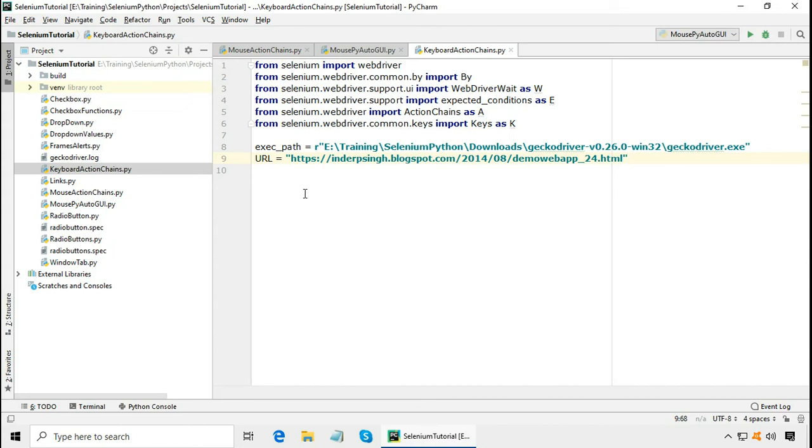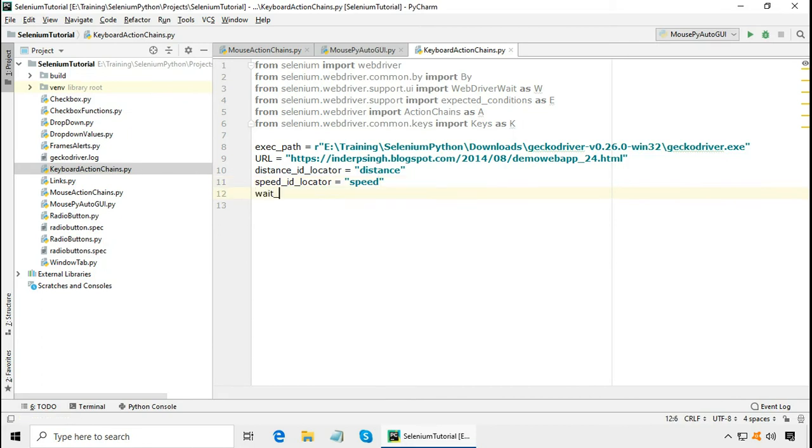Now let us start writing the code. First thing we need to do is define the locator. Distance ID locator is distance and speed ID locator is speed on this web page.